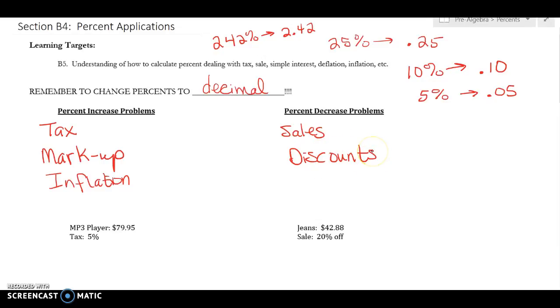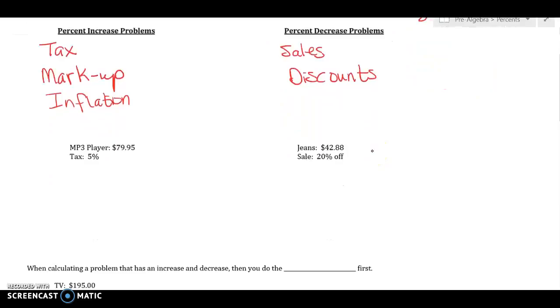All right, so let's look at some problems. We got an MP3 player, and we have to pay tax on it. So the first thing I need to do is change that to a decimal. And so now I'm going to pay 5% of my total cost for the MP3. And remember, of is multiplying. So I'm going to do 0.05 times 79.95. And what I get is